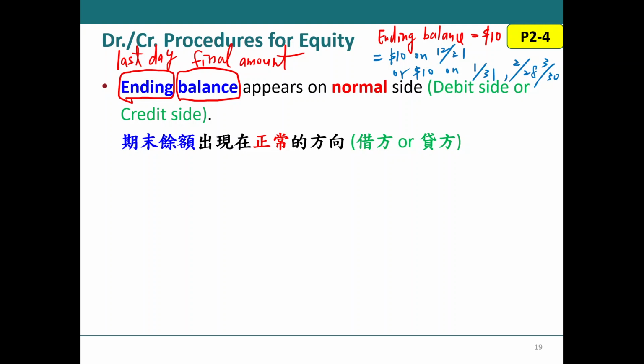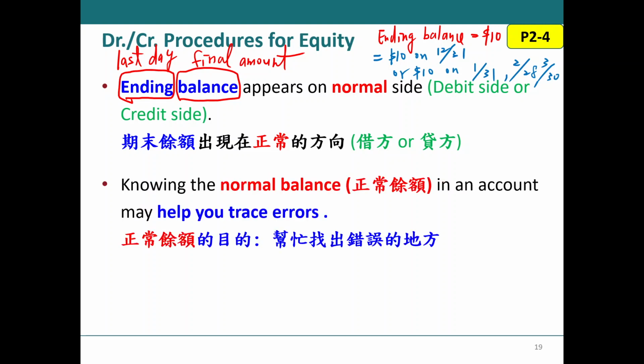So you should be very careful after you do the math. Are you sure the number $10 is correct or not? So we have to double check whether the number is correct or not. Then we should find out whether the balance on your debit or credit is normal. It's normal means it's correct. Okay, so you should know your normal balance on debit or credit. 正常余额 means what? You want to find out